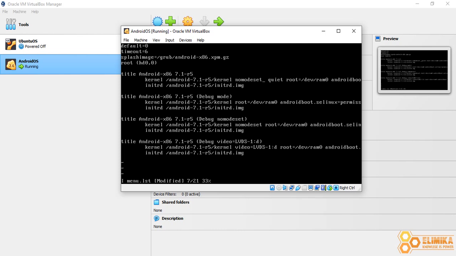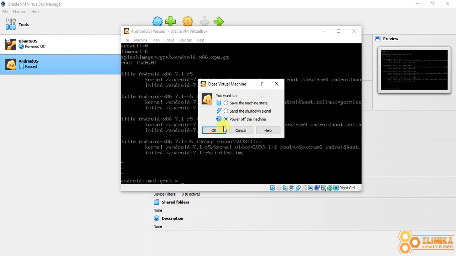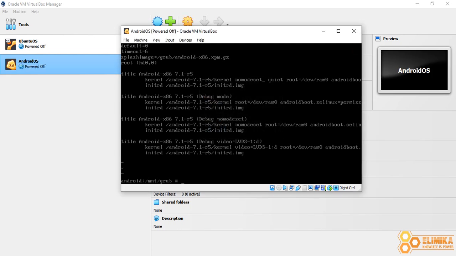So that is the only option we are going to set, and I will press escape to get out of edit mode, and I will type :w to write and q to quit the application. So at this point I can close my file, and I will say power off the machine, say OK,